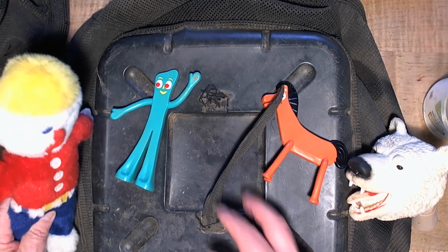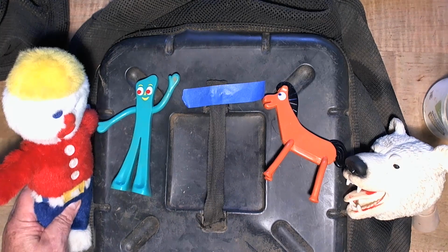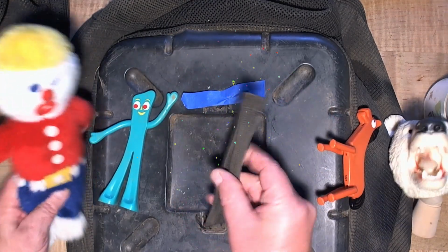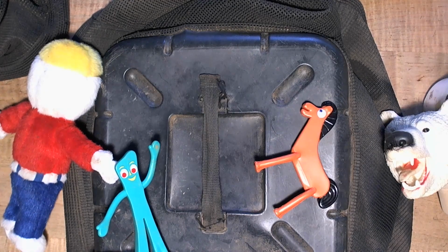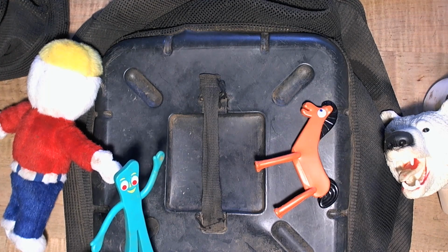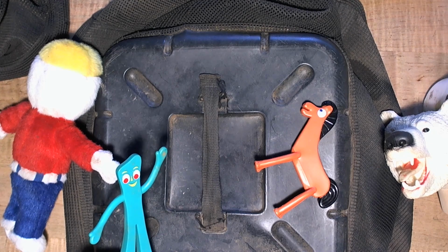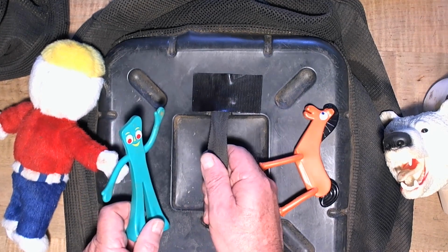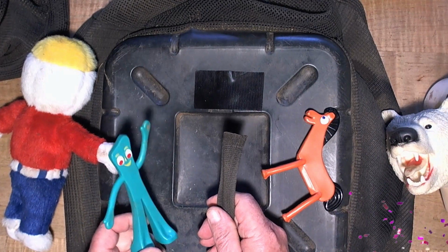I think we should use some tape on it. Tape, huh? Let's try that out. See, it looks great now. Well, let's try it out. Oh, that didn't work. What do you think, Gumby? Well, I think that it was the wrong tape on there. We should use some stronger tape. All right, try that. What do you think of that? Yeah, that's what I'm talking about. Let's see how it does. Oh, well, that was stronger, but...